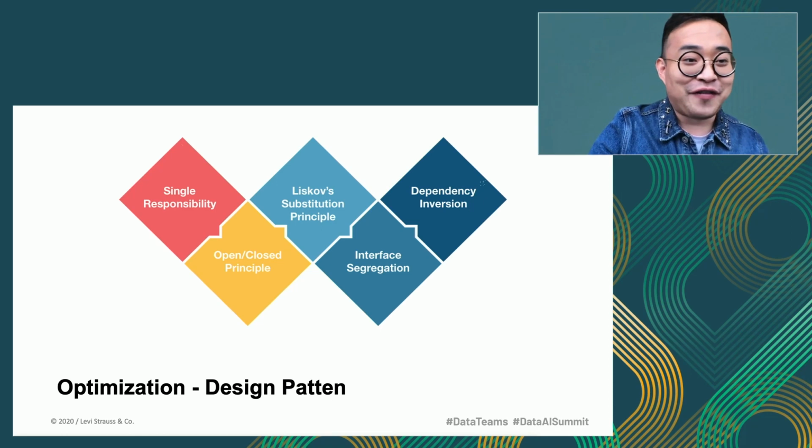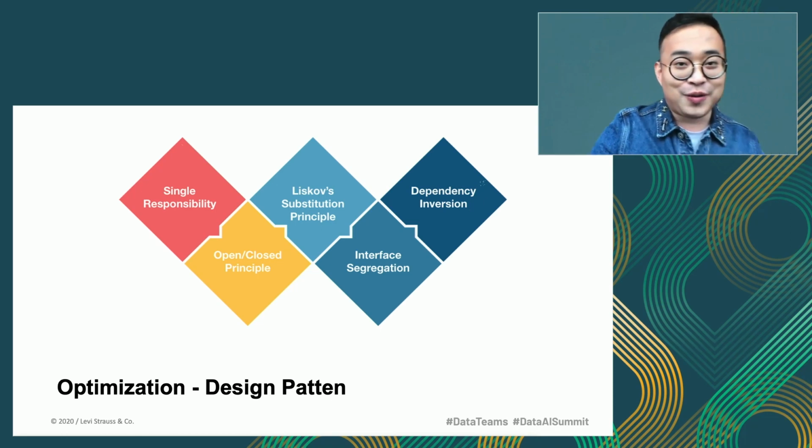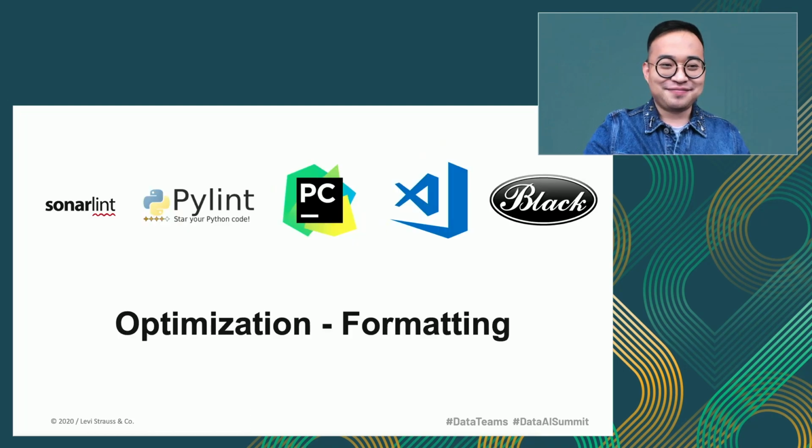Did you follow up with the single responsibility principle? Did you follow up with the open-closed principle? That is something that always helps us in the medium term and long term for the projects. And the good thing about